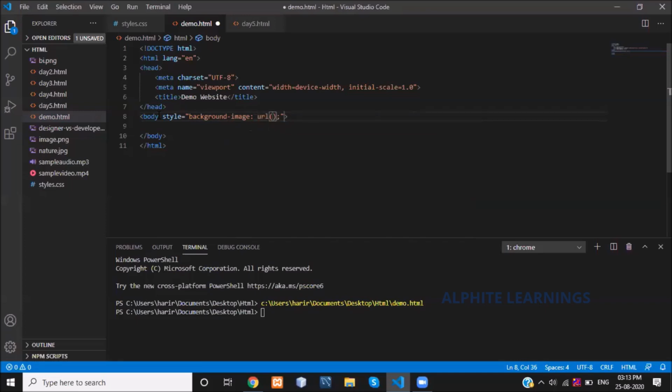Inside that URL, you just have to mention the file name and the file name extension, like we mention for an image: JPEG or PNG, something like that, right?